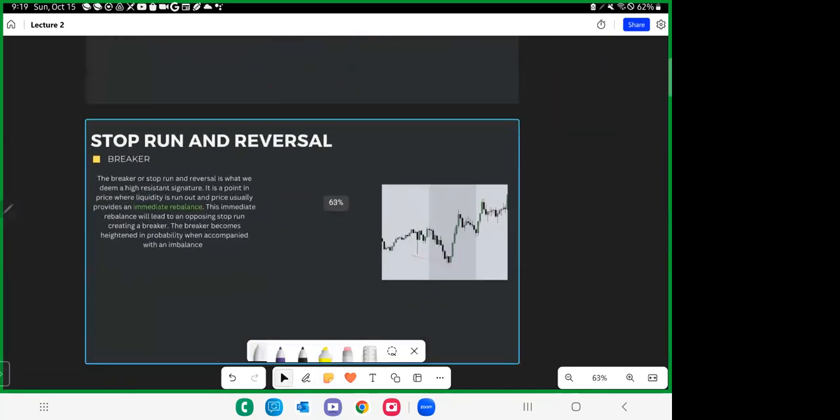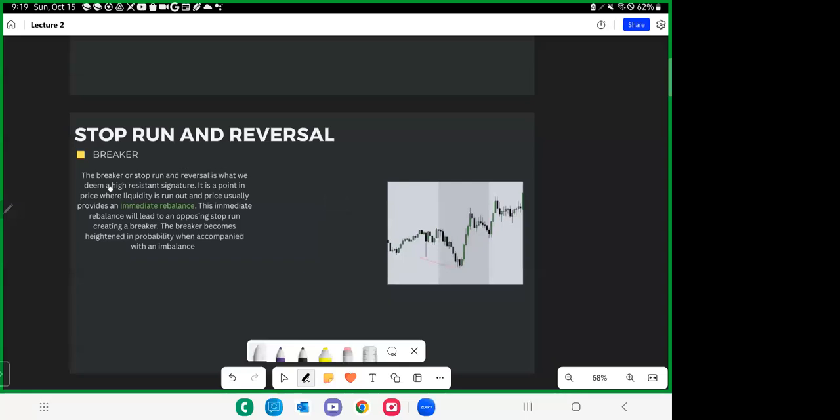So the breaker, or stop run and reversal, is what we deem a high resistance signature. It is a point in price where liquidity is run out and price usually provides an immediate rebalance. Key point right here: immediate rebalance. What I mean by immediate rebalance is, let's imagine